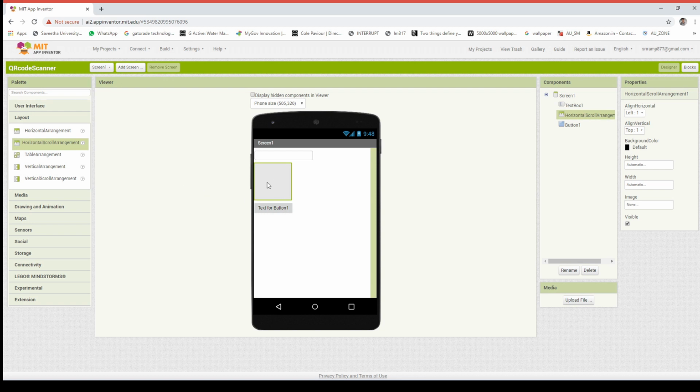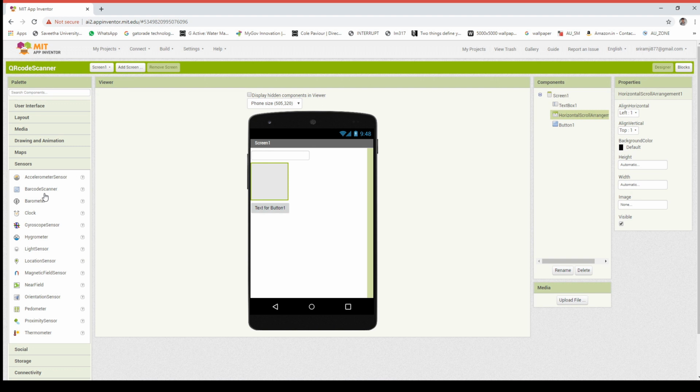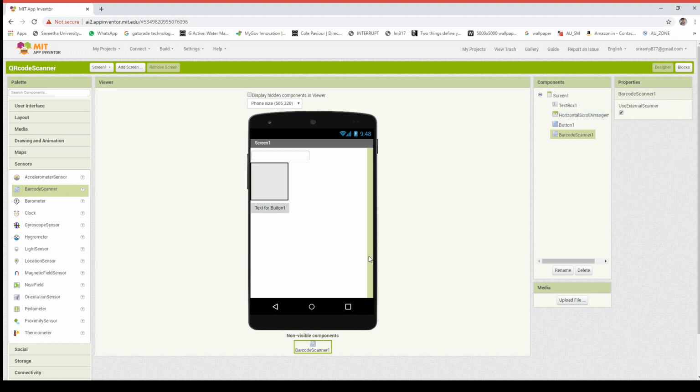But usually, these layouts are used for arranging components horizontally and vertically. After adding all the components, we will arrange them. Next, in the components list, there is an option for renaming and deleting the components.